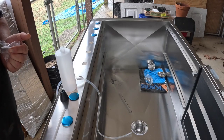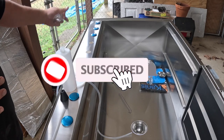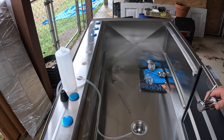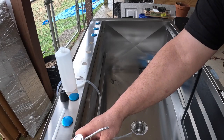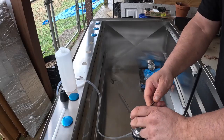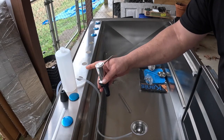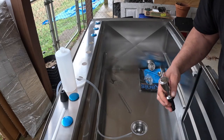Something that you do want to take into account is whether you're left or right-handed, whether you have a wall to the left, a wall to the right, a wall to the rear. So in our case, we are both right-handed, and we're going to put the soap dispenser on this end because you can pump the dispenser with your left hand while putting it in your right hand. So that's one reason we're going to put this over this way, but we could put it anywhere along here,